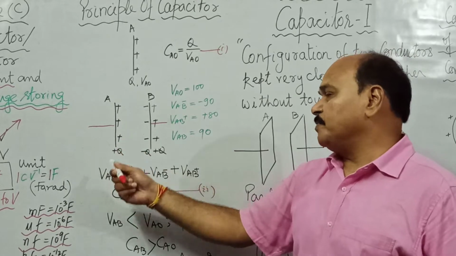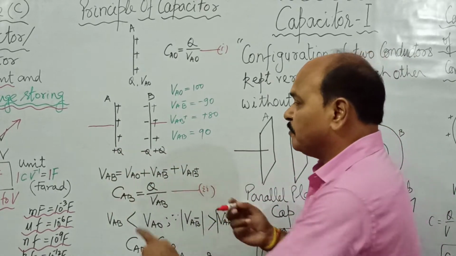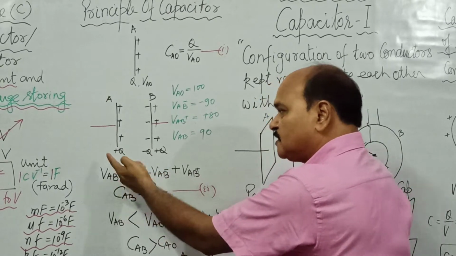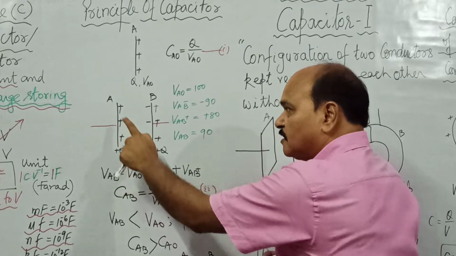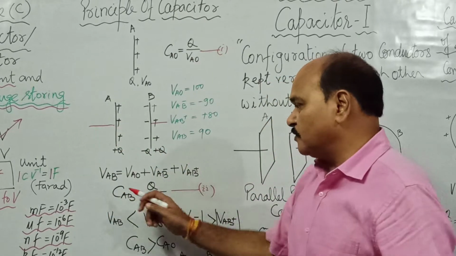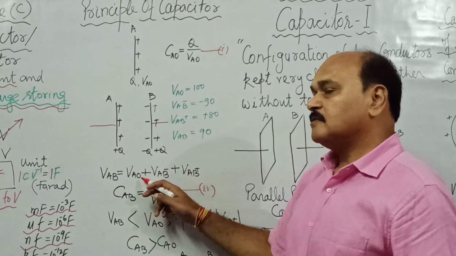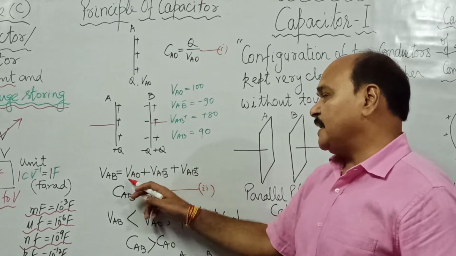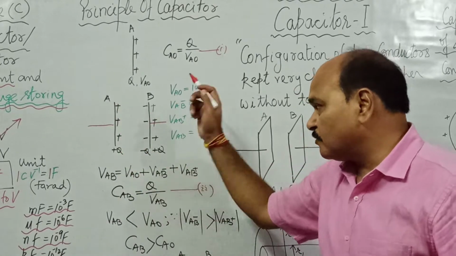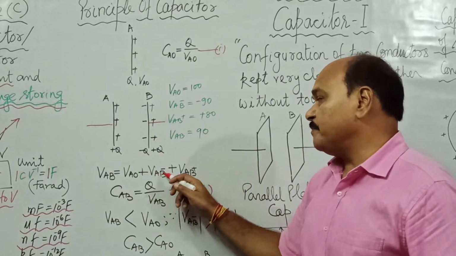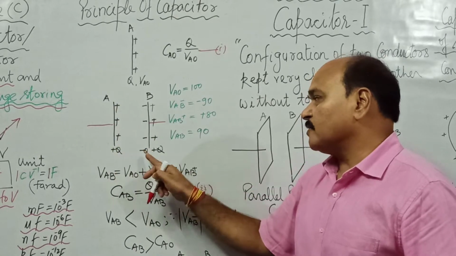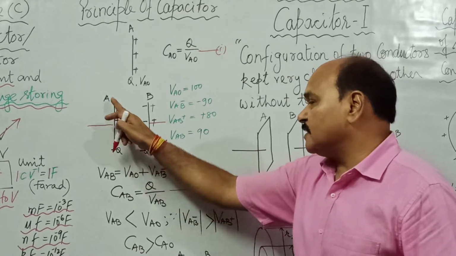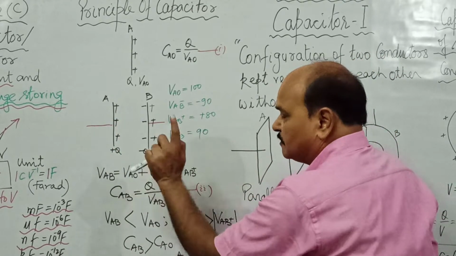Now what is the potential of A? Potential of A would be the potential because of its own charge, potential because of this negative charge here, and potential because of this positive charge here. So potential of plate A when B gets close to it is VAB = VA0 + VAB minus + VAB plus. VA0 is the potential of this plate because of its own charge plus Q. VAB minus is the potential of this plate because of this negative charge, and VAB plus is the potential of the same plate A because of this positive charge.